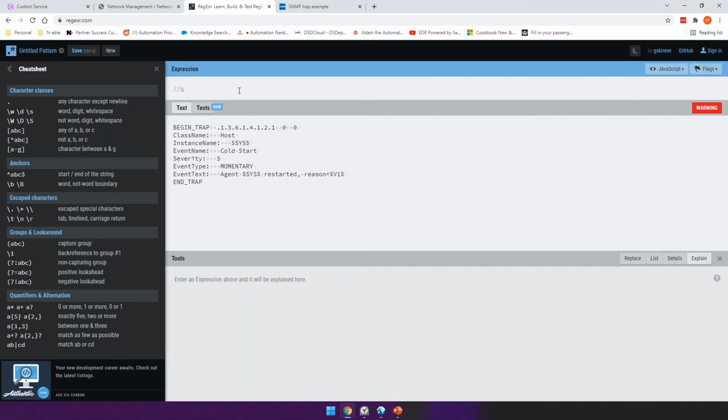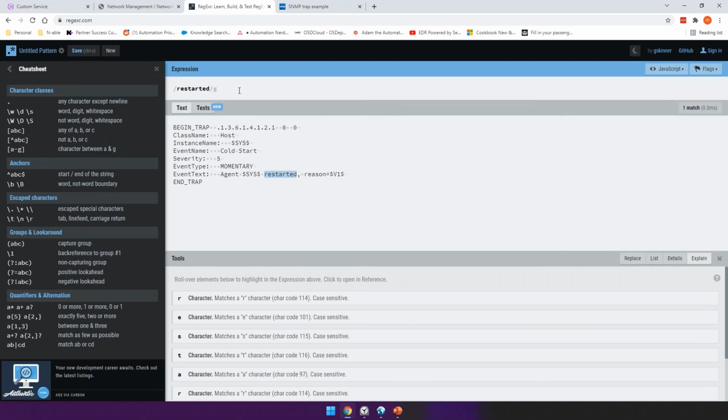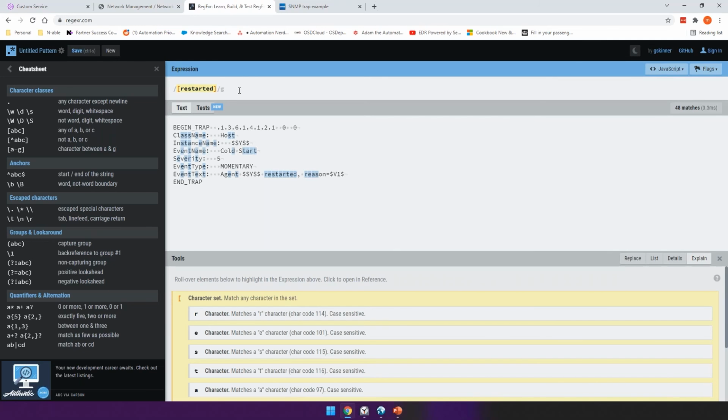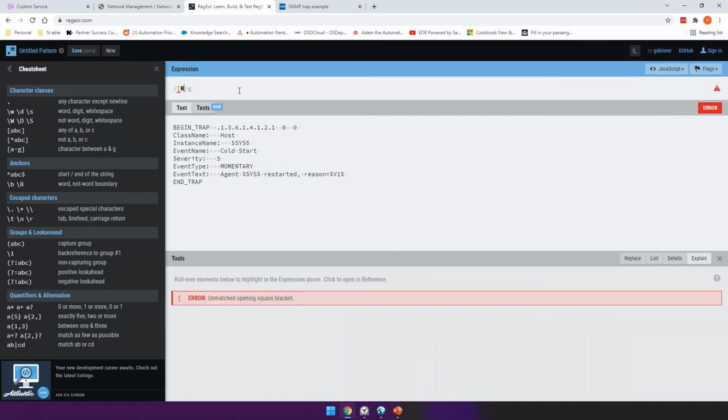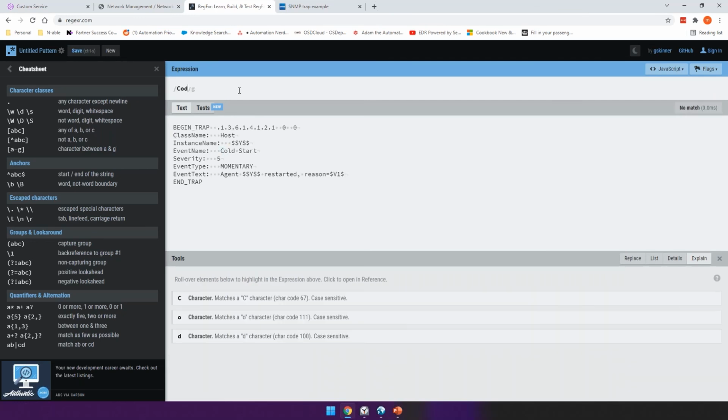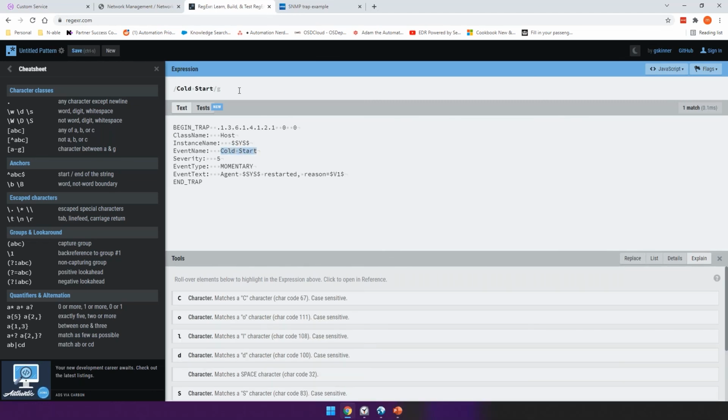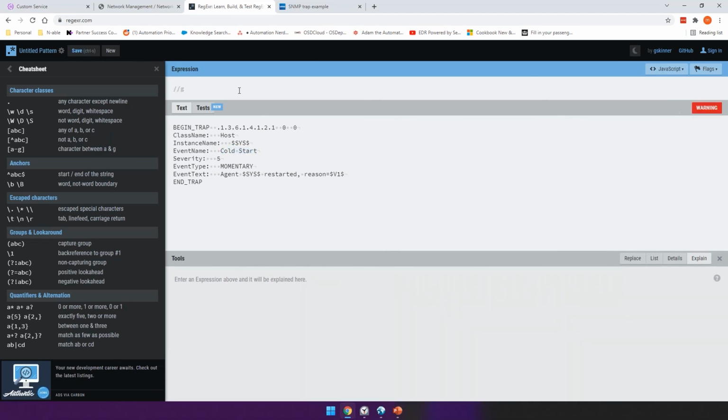So what we're going to change is we'll change the event type to restarted. Yeah, that's better. So see, it's highlighting that blue for restarted. I'm going to put that into squares. But what I want to do now is I want to say, oh, sorry, I know what I'm doing wrong. That's my bad. What we're going to do is come here and we're going to say cold start like that. And it's finding it. But if I don't know the uppercase, lowercase, or sometimes it changes, what I can then do is I can say, okay, I'm going to look for